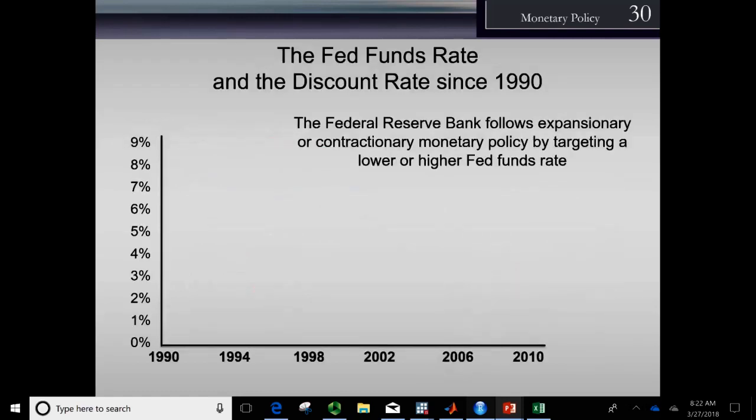Okay. So here's a graph of the Fed funds rate and the discount rate. And I told you previously that when we move the Fed funds rate, that's largely symbolic and in step with what the Fed would like to do in terms of targeting what's called the discount rate. Okay, so